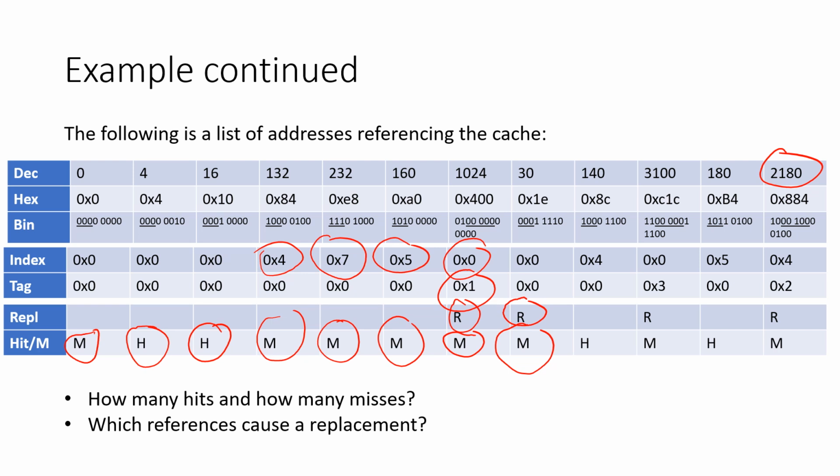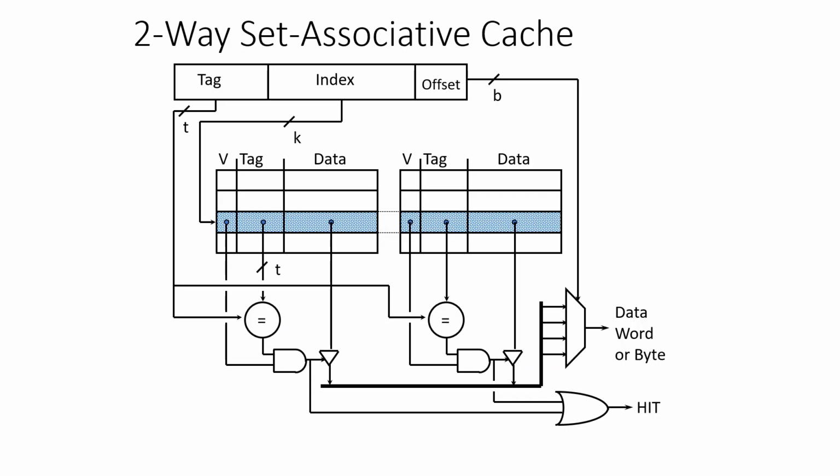We have 4 hits and 8 misses from 12 references, so the hit rate is 33%. As you could see, the direct mapped cache may experience a significant performance hit if many blocks map to the same cache line. The misses that occur then are called conflict misses. A common method to improve performance is to introduce some kind of alternative to place blocks when there is a miss. The set associative cache, as shown here, is the